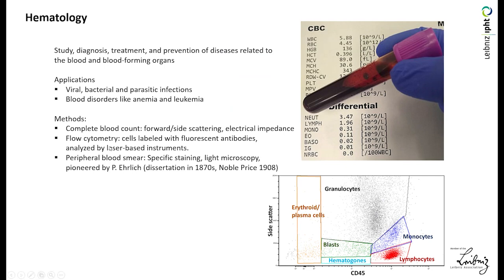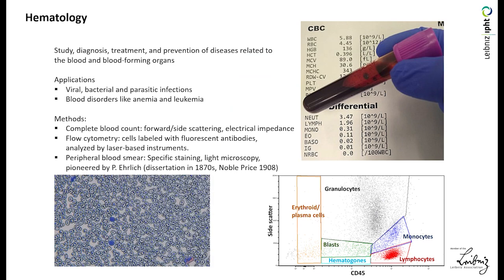For this, blood smears are prepared, and this was already pioneered by Paul Ehrlich in his dissertation in the 1870s. He won the Nobel Prize for his work in immunology in 1908. And so this is a typical microscopic image with these highly abundant red blood cells, and then a few